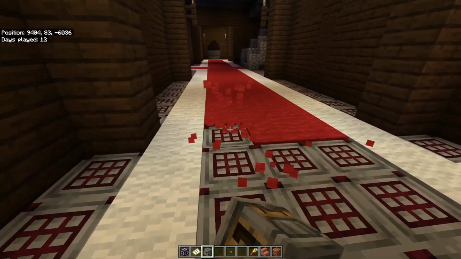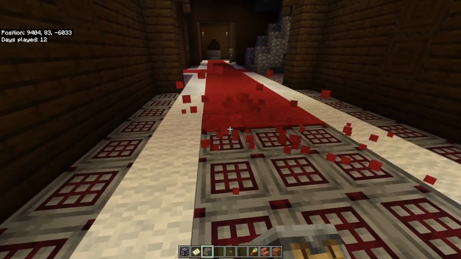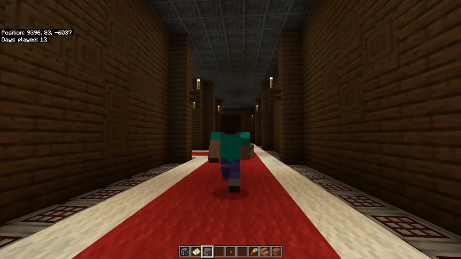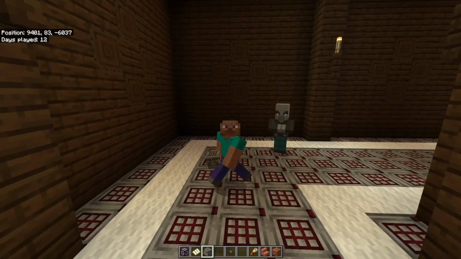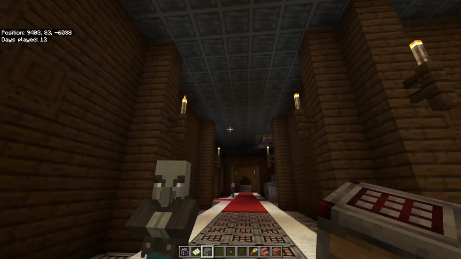What's going on? Do they have their own religion? Why do they have totems of undying on them? Why do they not use them? If they have these very valuable artifacts, why is it that when you kill an evoker, it doesn't just immediately pop one and manage to mess you up? Why am I Steve instead of an ocelot, even though that's clearly my skin? These are questions we don't know the answers to, but yeah, this replacement has gone very strangely for me,